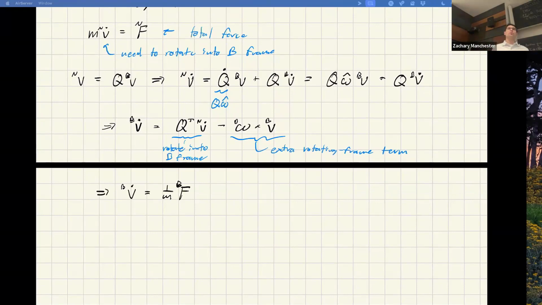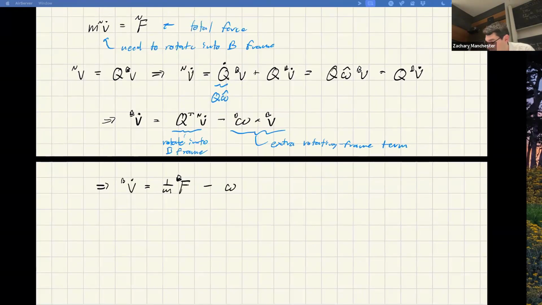So I basically just rotate F equals MA into the body frame, right? And then I tack on the extra term, omega B cross V B. Now I've got it all in the body frame, right? Okay, so then to be clear, we said the actuators are in the body frame, so that makes that easy,